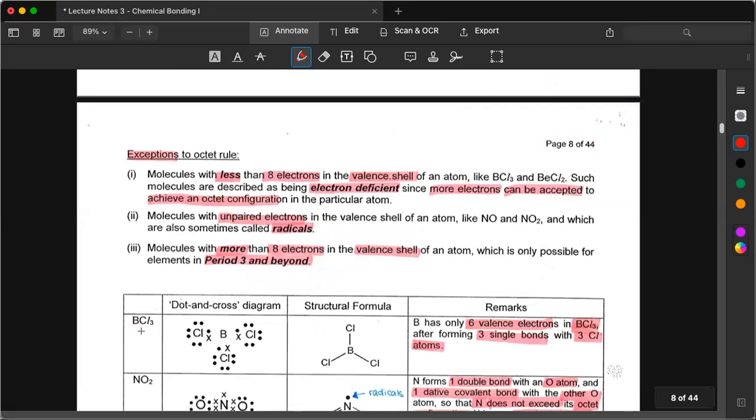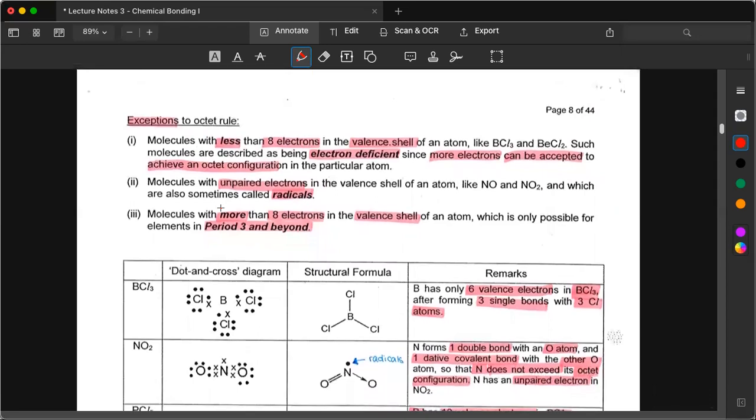What are the exceptions to the octet rule? Number one, molecules with less than 8 electrons in the valence shell, like BCl3, boron trichloride. Such molecules are described as electron deficient, as more electrons can be accepted to achieve octet configuration. Number two, molecules with unpaired electrons in the valence shell, like NO and NO2, which we call radicals. Number three, molecules with more than 8 electrons in the valence shell, which is only possible for elements in period 3 or beyond. So in this case, we have an expanded octet,